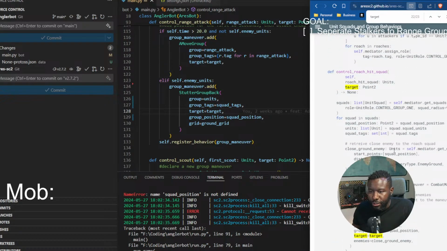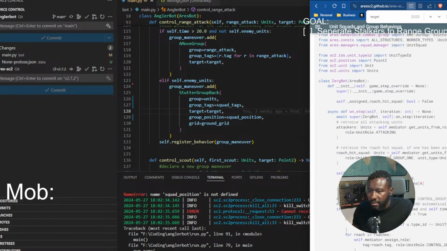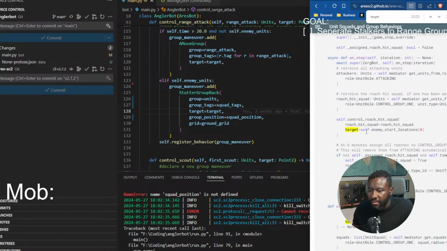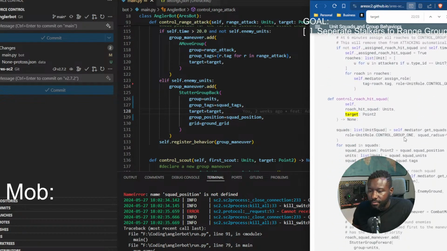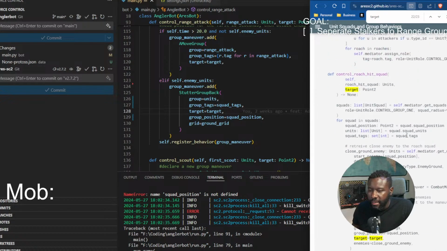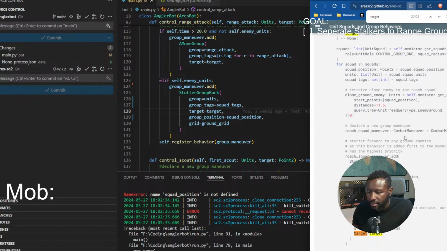Okay, it's just a 0.2, nothing special about target. Oh, I have target self enemy start location. I might have to modify that. Anyways,